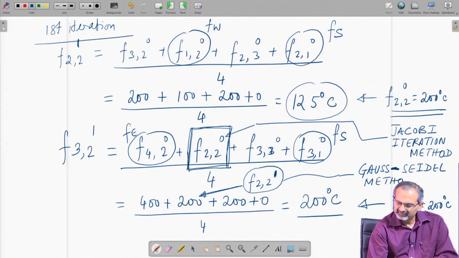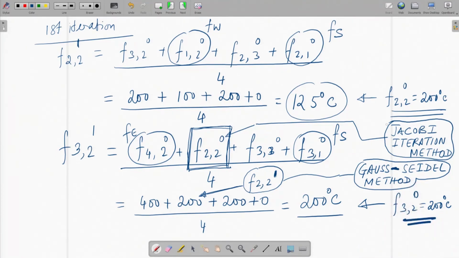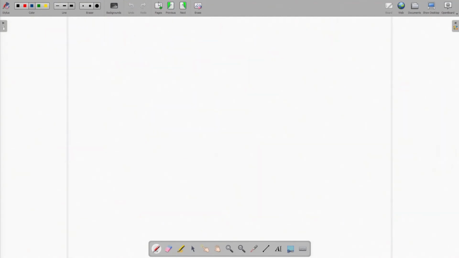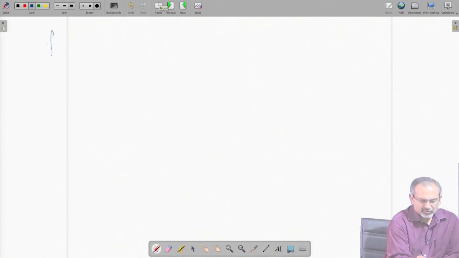We will later learn that the Gauss-Seidel method can be applied point by point or also line by line. Having said that, let us move on to the remaining two interior grid point calculations to complete the first iteration level calculations. So, we are left with